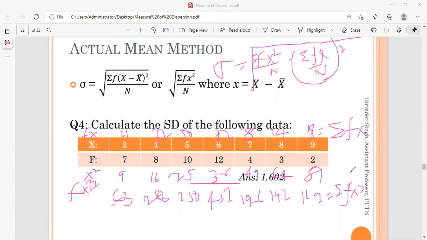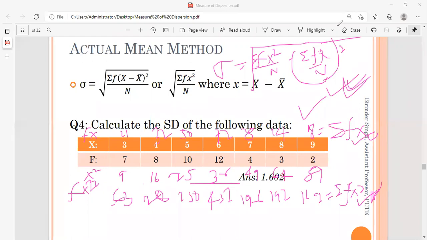So you now have the value of sigma fx square. Just put this here. N is 10, it's already understood. And the value of sigma fx is here. You substitute this value here. So if the mean is coming in decimal figure, to make it easier and quicker, you can go through this formula, and this is safer and user friendly. You already have a calculator, cell phone for the computation. So this is the way to compute standard deviation.